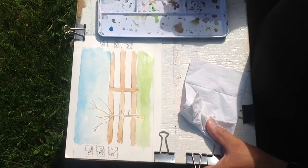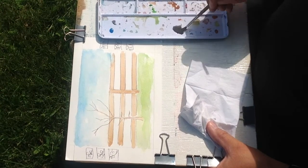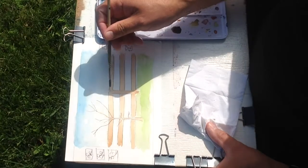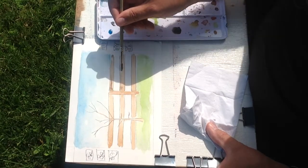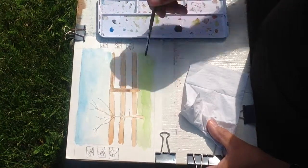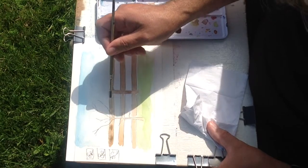I'm going to pick up some more water, put it into my brown, pick up a little bit of black. It's a little bit too dark for me, but this is still fairly wet, so I'm just going to put in just a little bit into this. Not going to muck around with it too much. And then a little bit into this, across here,